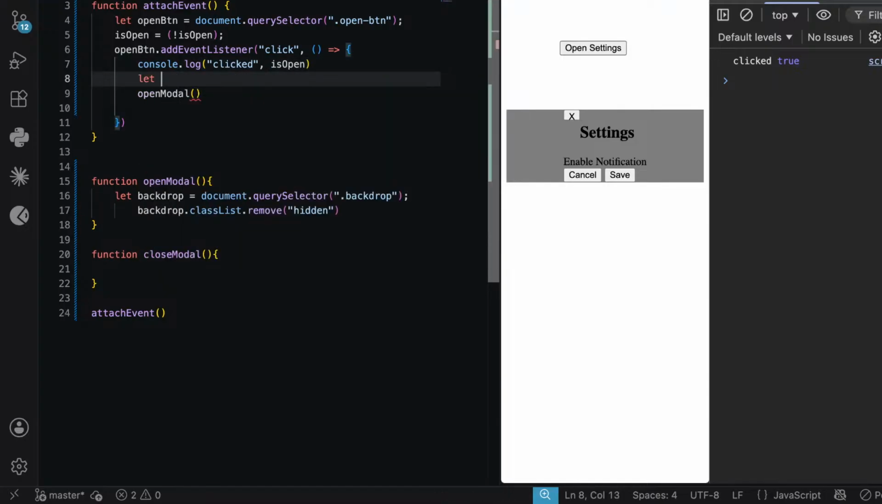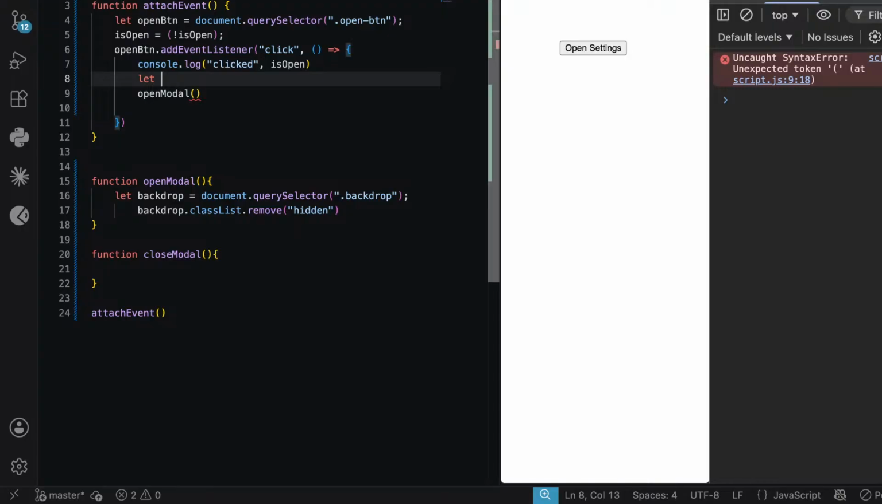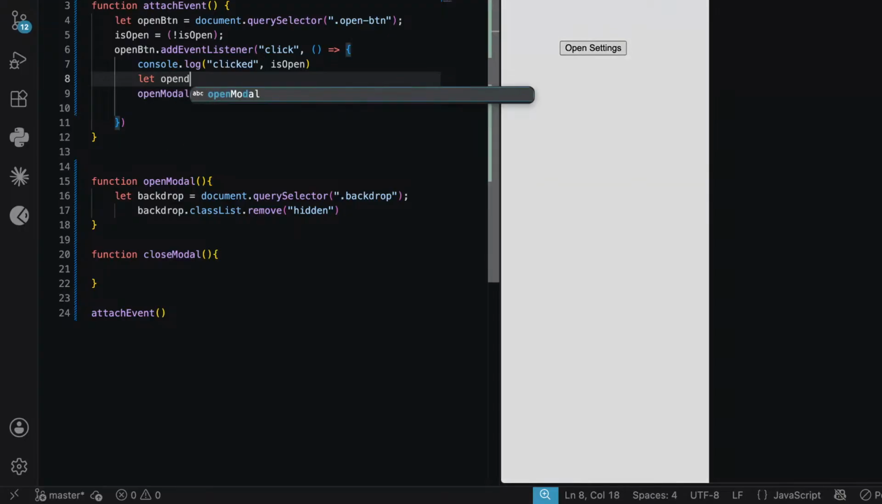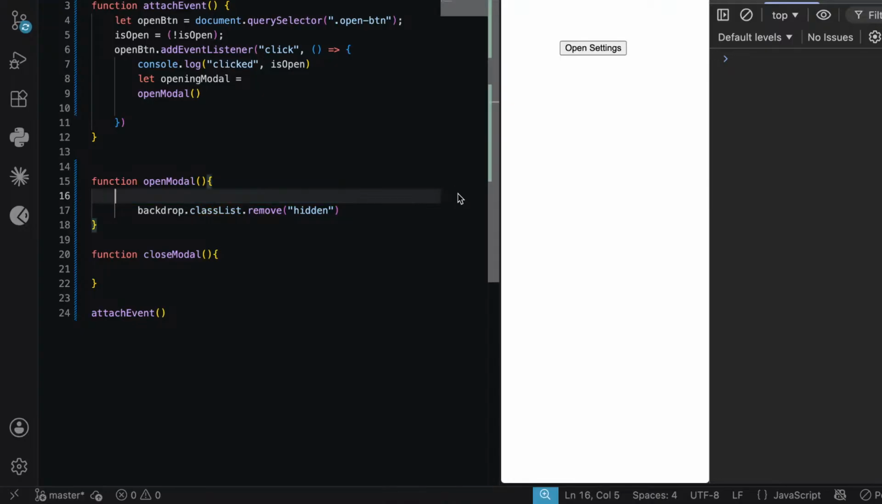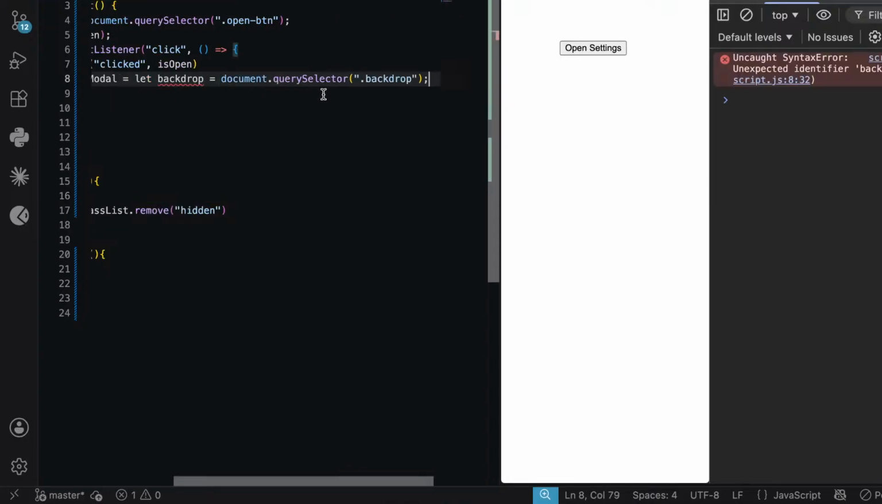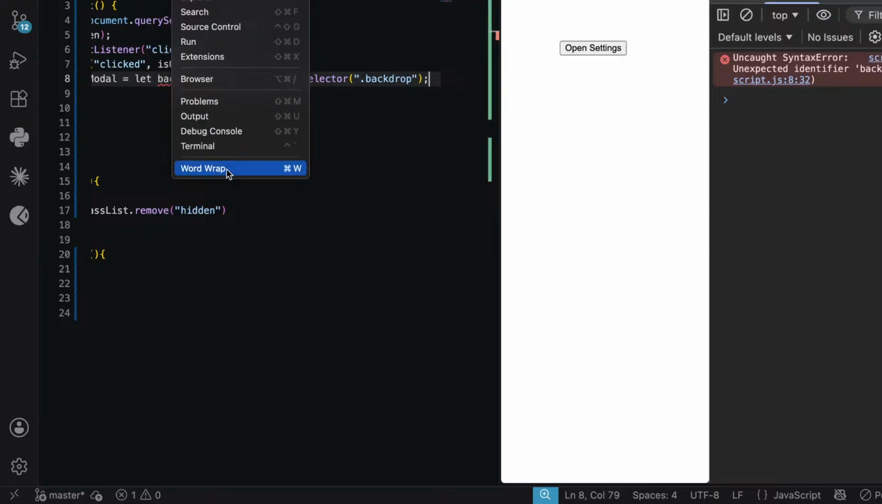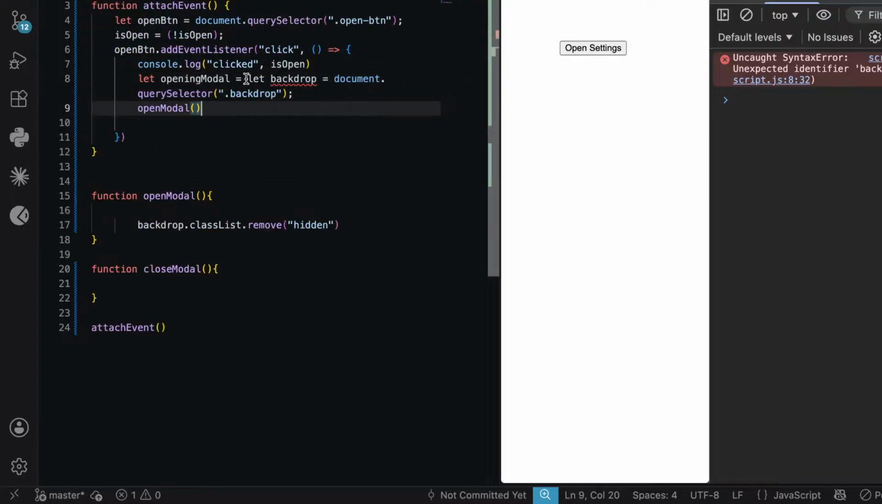Let opening model. We are passing some opening model, and this is our opening model. Okay, let's first of all word wrap. Okay, and opening model equals to